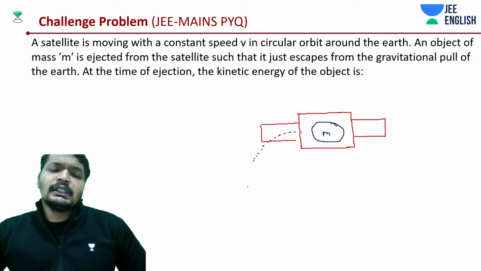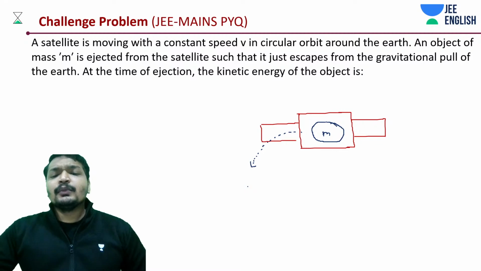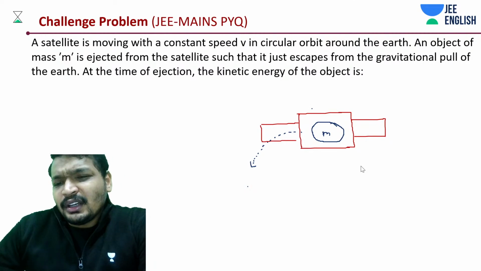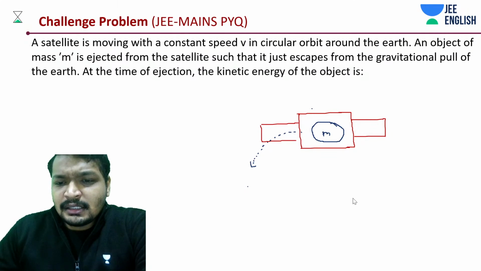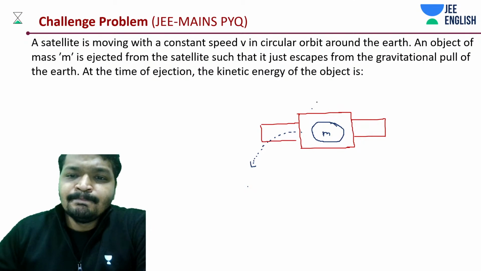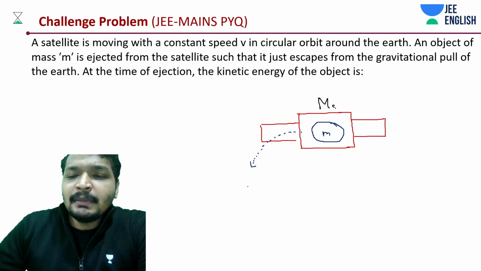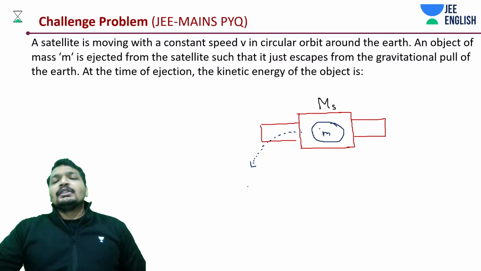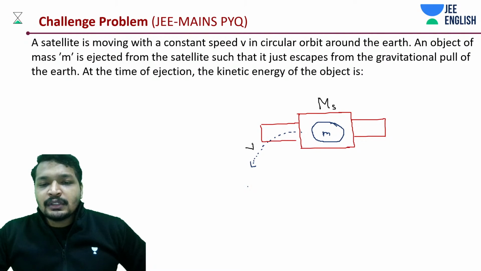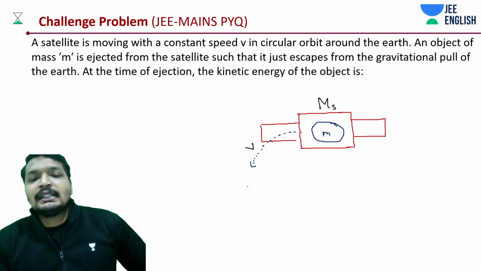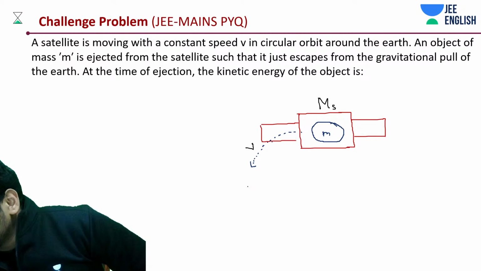Now this is how your satellite is moving. You can take the satellite to have some mass, mass of satellite ms, but that is not relevant. They are already moving around this orbit with some velocity v, and what is happening now is